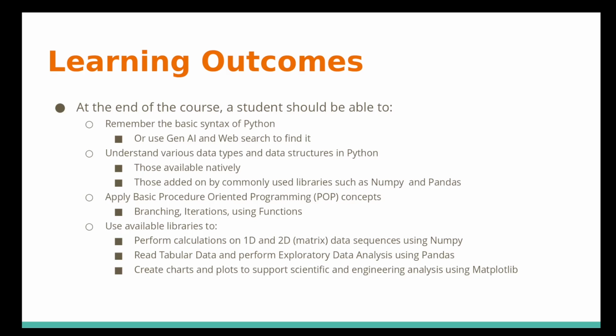We wanted to understand various data types and data structures in Python, both that are available natively, such as lists, tuples, dictionaries, and those that are added by commonly used libraries such as NumPy and Pandas. NumPy, for example, adds the ND-array data structure that helps you work with matrices and higher dimensional data. We wanted to apply procedure-oriented programming concepts such as branching, iterations, and also demonstrate how user-defined functions can be written